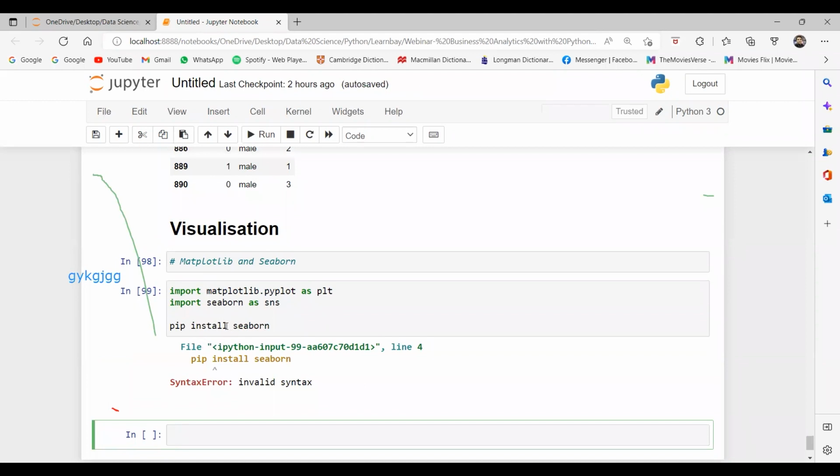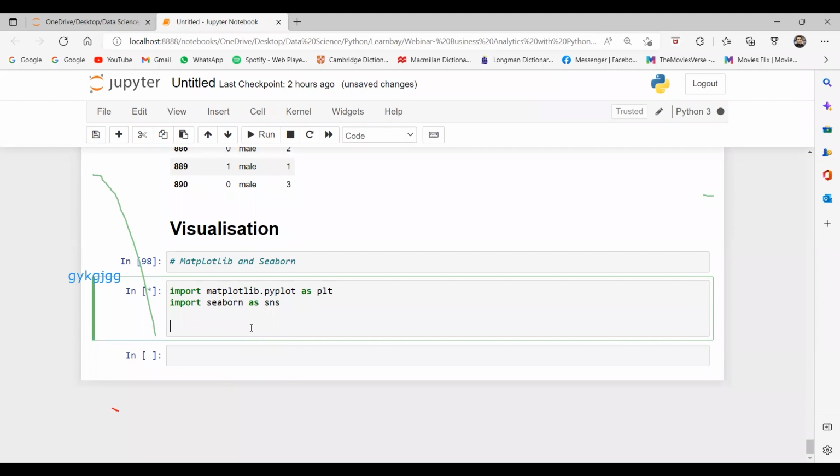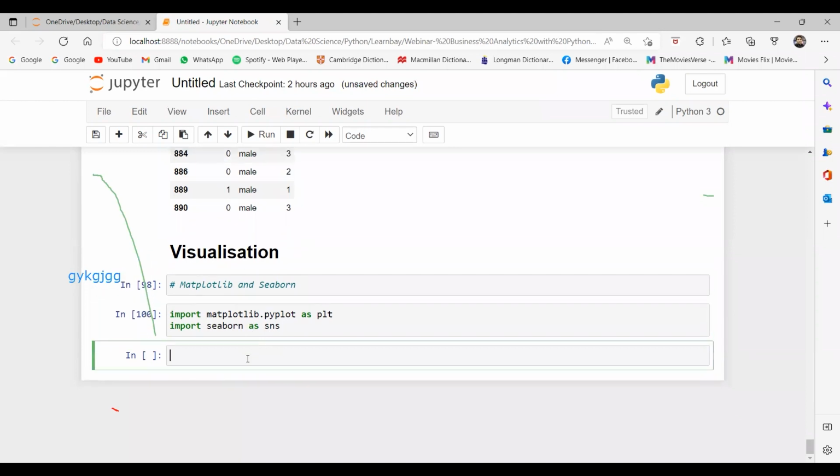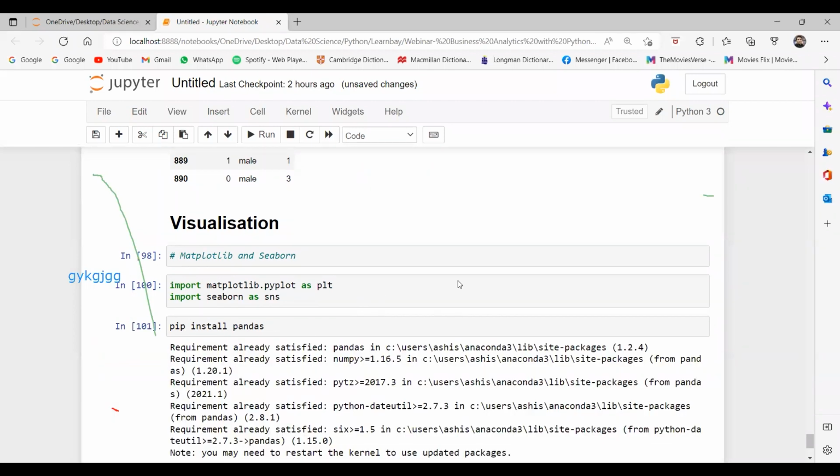So for example, I want pip install pandas. Can you see here?